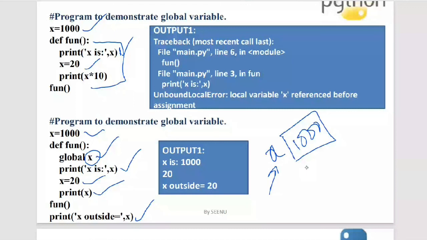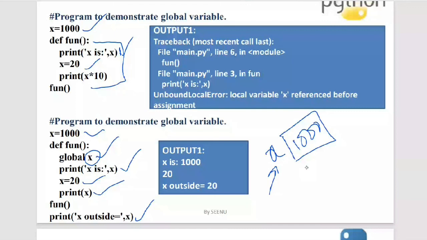Ma'am, voice is breaking. In the previous program, the point to be noted is whenever you're having a name conflict between the global and the local variables, make sure that you're doing the assignment first and then you read it into an expression or print it. Using the variable and then assigning is a problem anywhere, not only in Python but in any programming language. If you just write this statement in C programming, it will say, I don't know x. So the same conflict has come over here.